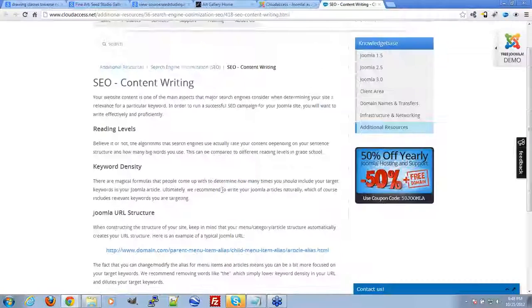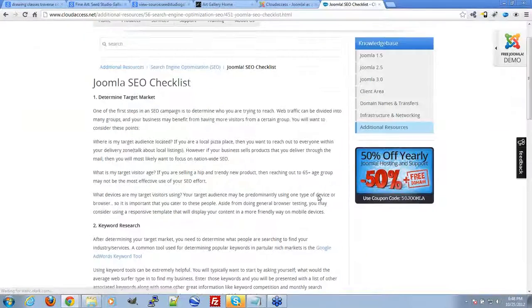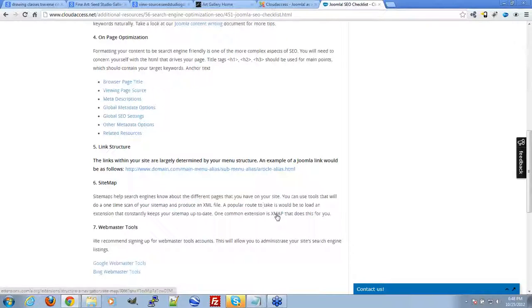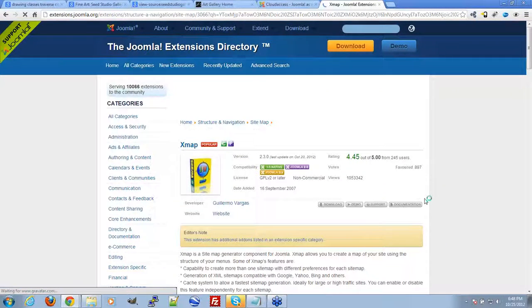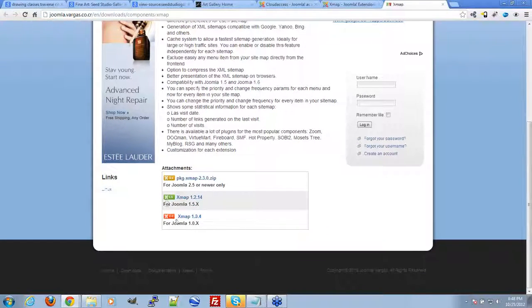If you look on the step-by-step SEO document, the checklist, I actually have a link to the XMap sitemap generator here. Let's take a look. Yep, XMap right there. And this takes me to the extensions directory. I'll go ahead and download. Hopefully it's not going to make me register for anything, but nope. Okay, so here we have